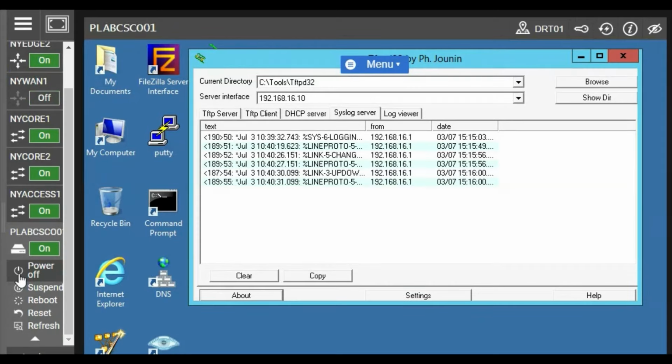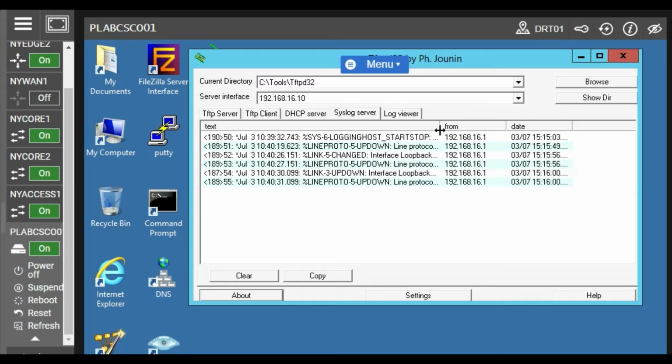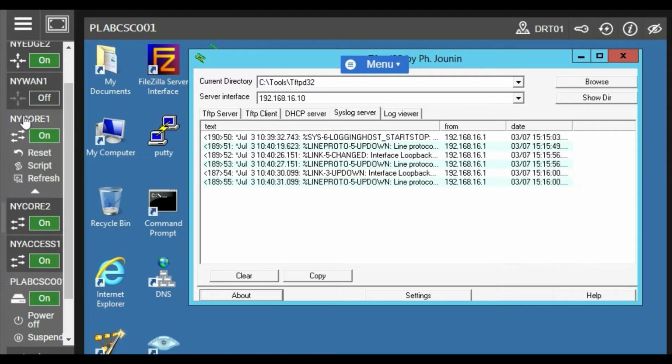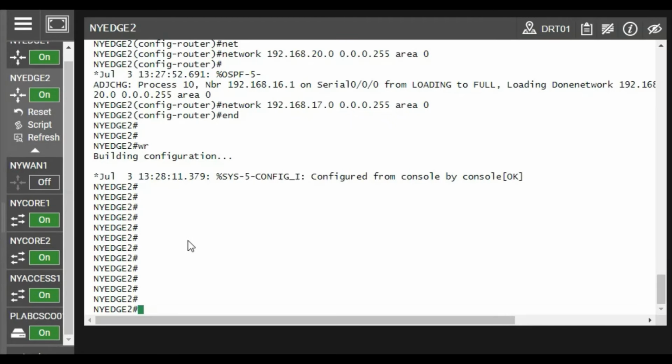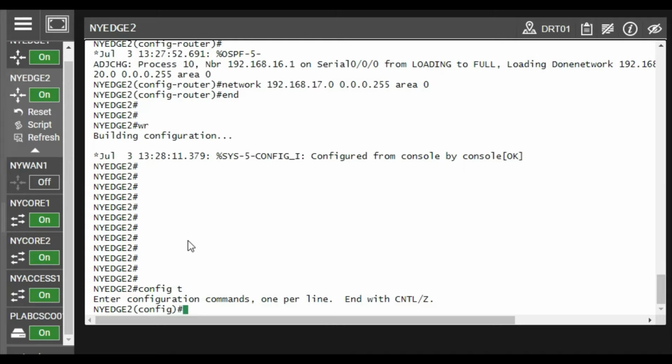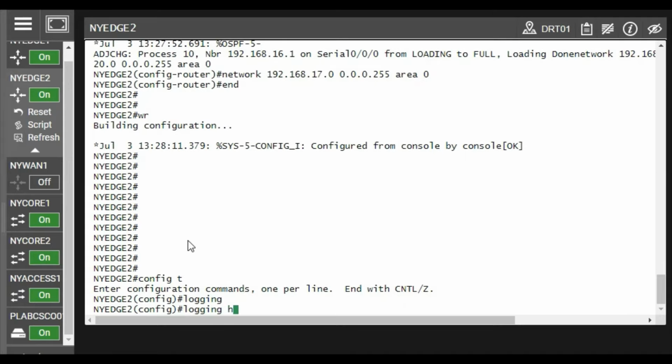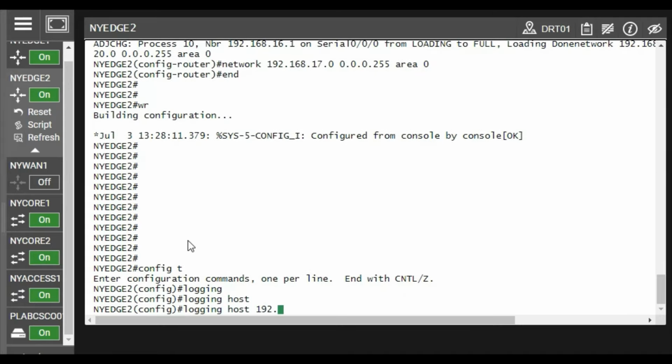You can see different kinds of logs generated by this router, such as the interface up and down events which you have done, and the startup configuration. You can do the same on NYH2 also. So config t, logging host, the same server IP 192.168.16.10, and that's it.